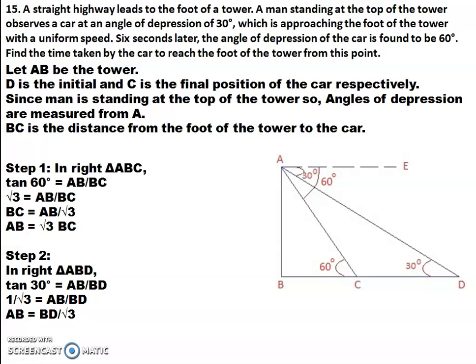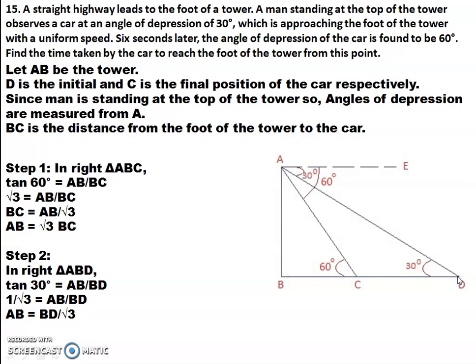Step 1. In right triangle ABC, tan 60 degree is equal to opposite side by adjacent side. That is, tan 60 degree is equal to AB by BC. Isn't it? So, we can take AB is equal to root 3 BC by applying tan 60 degree is equal to root 3. In the next step, we are considering triangle